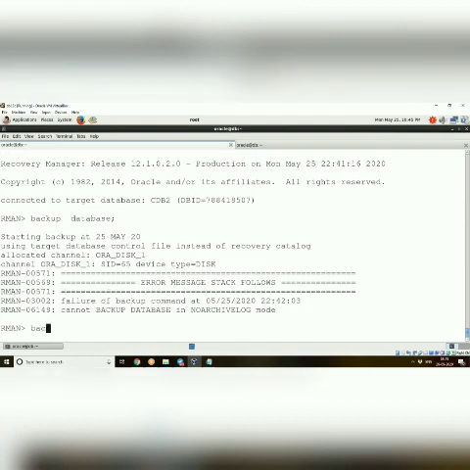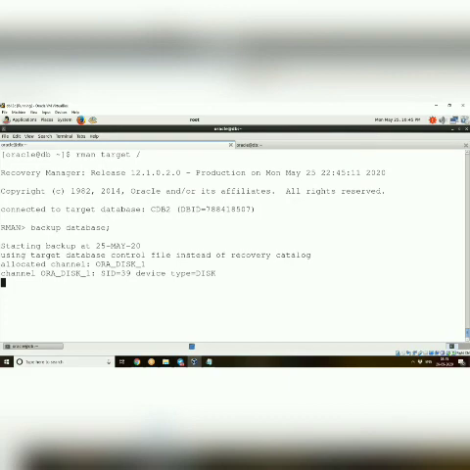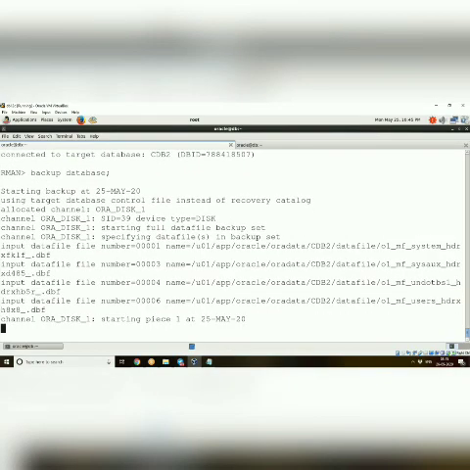I'll just come out and I'll just connect. So now, backup database. So the whole database it is taking. Okay, so this is for the root container. So it's system, sysaux, undo and users of the root container first it is taking.